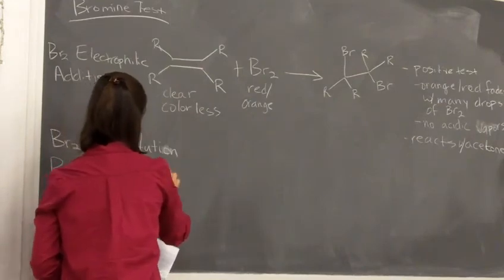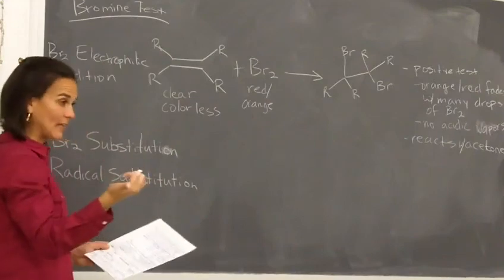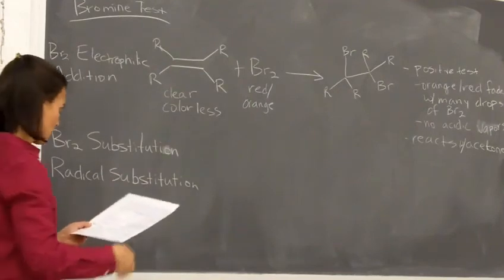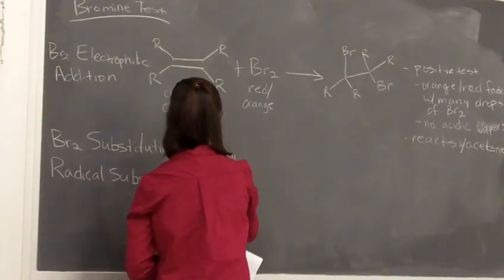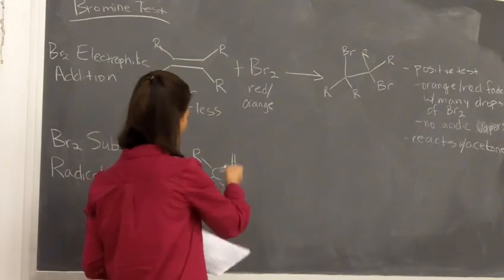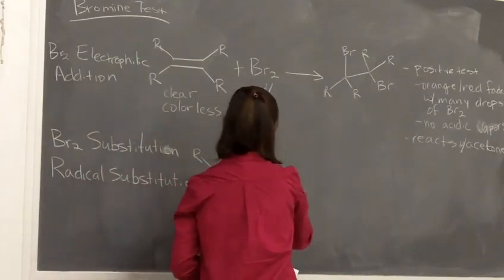And this happens with alkanes. So remember, your unknown is alkene is one component, and the other component's an alkane or an arene, okay? So it reacts also with alkanes. So if we've got this alkane, we can do a substitution reaction. And so instead of it adding, because everything's saturated, we have all single bonds, what you get